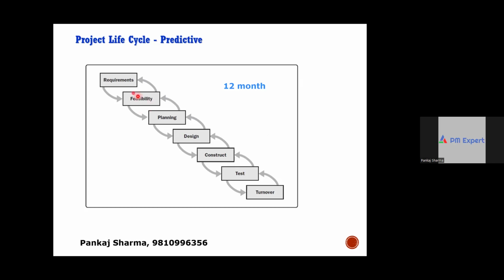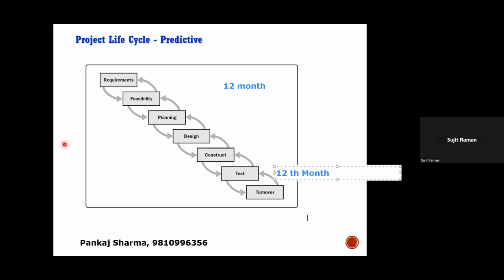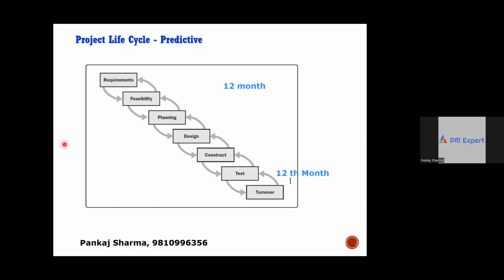Now, this is the 12th month, when you are giving a demonstration of the working product to the customer. Look at this. Before this 12th month, for the majority of the time, what have you shown to the customer, documents or the real product? We are giving documents. Yes. So for the majority of the period, you are showing the customer documents, not any concrete product, right?